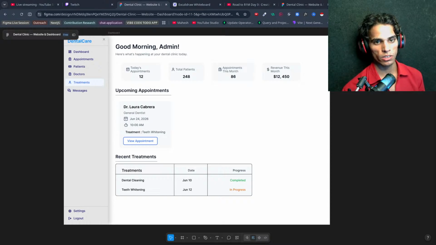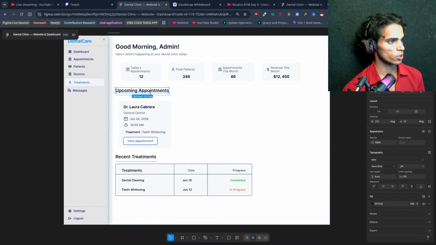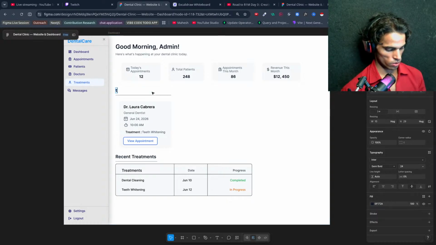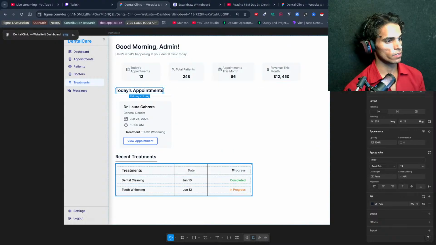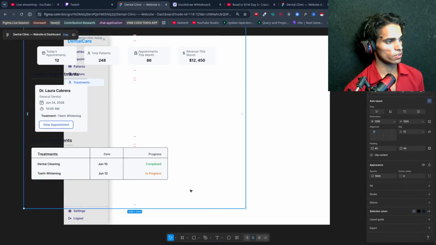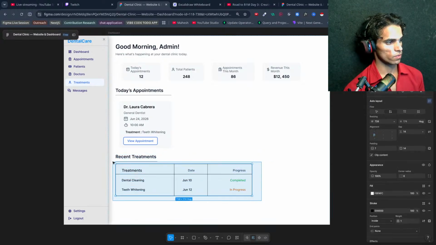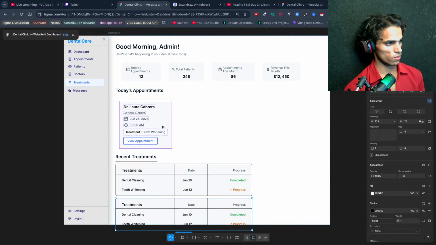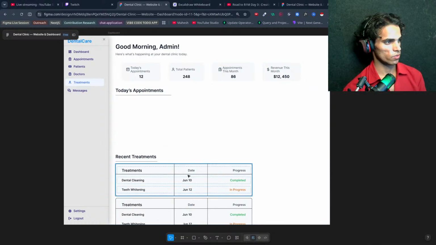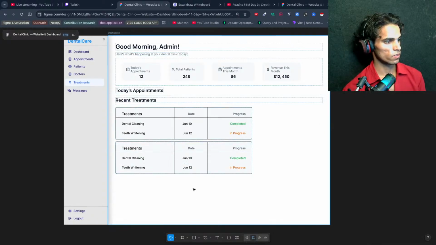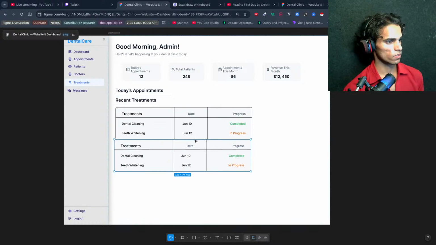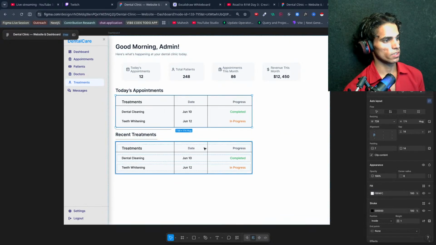Okay, in which we'll have, yeah, so let's change this to today's appointments, and in today's appointments we will have a table. I would like to use this table. Control Z. Let's delete this one. Let's get the table here.